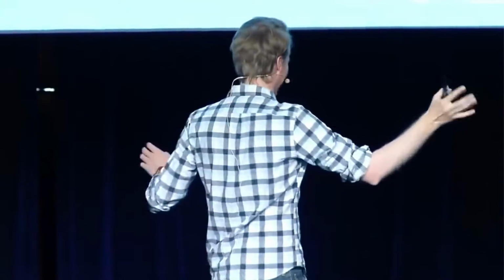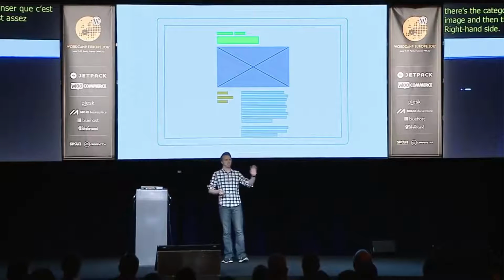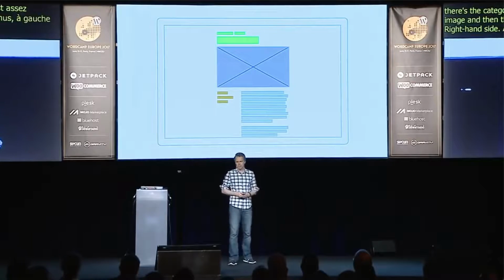When you look at it, you go, yeah, this looks like a standard web design. It's fairly basic. It has some interesting stuff, like the categories and title at the top, then the featured image, then the meta content on the left-hand side, or right-hand side, and then the content itself. And you go, yeah, sure, this is relatively easy to do. Except,